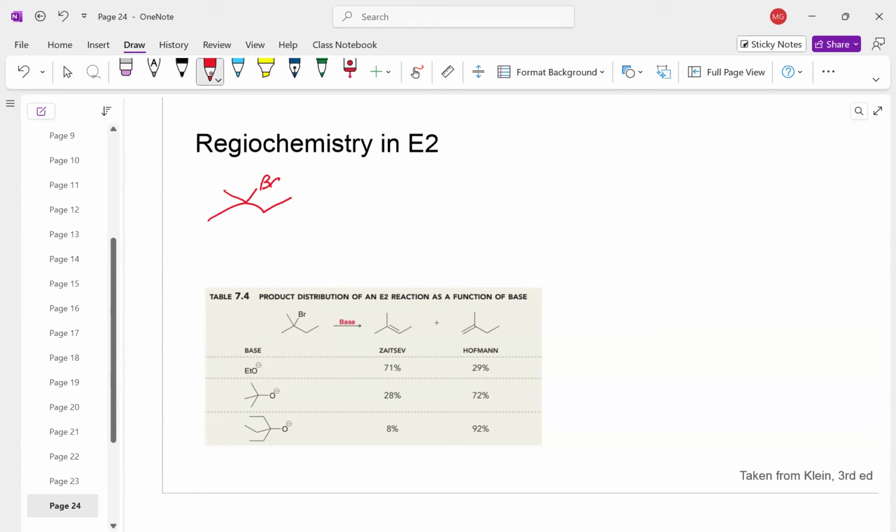And let's look at this particular example here because there are multiple beta hydrogens. I have a beta hydrogen here and a beta hydrogen here and one here. Now, these two are exactly the same. I'm going to treat them the exact same way. But I'm going to call this one beta 1 and this one beta 2. And what's interesting about this is that if the base decides to go after beta 1,